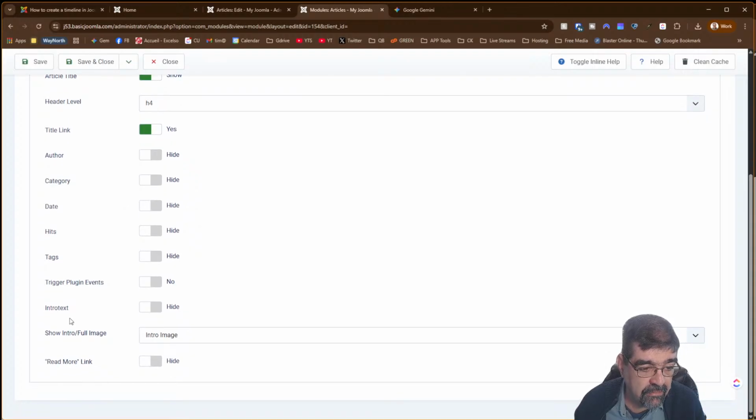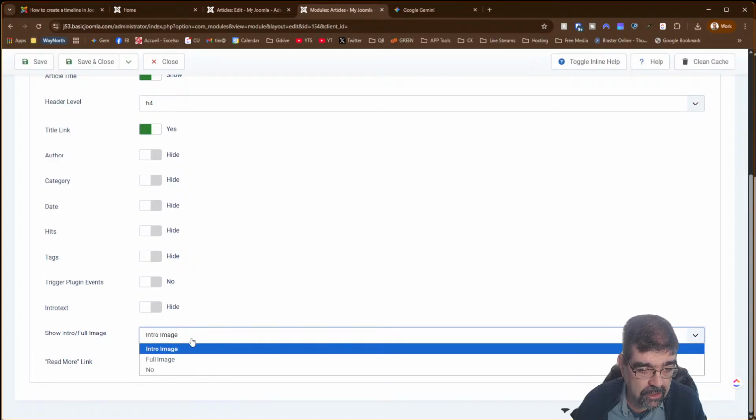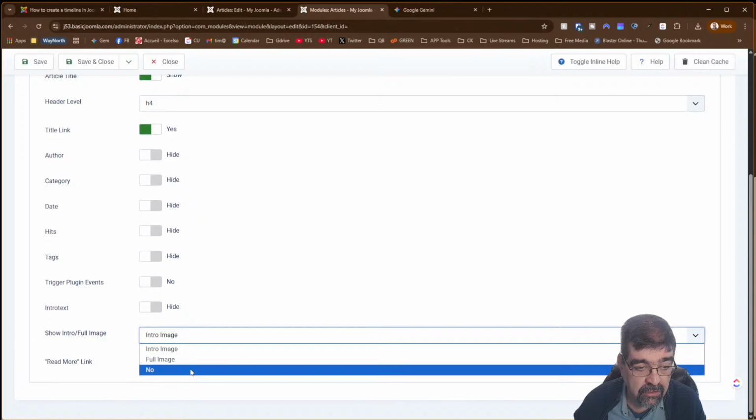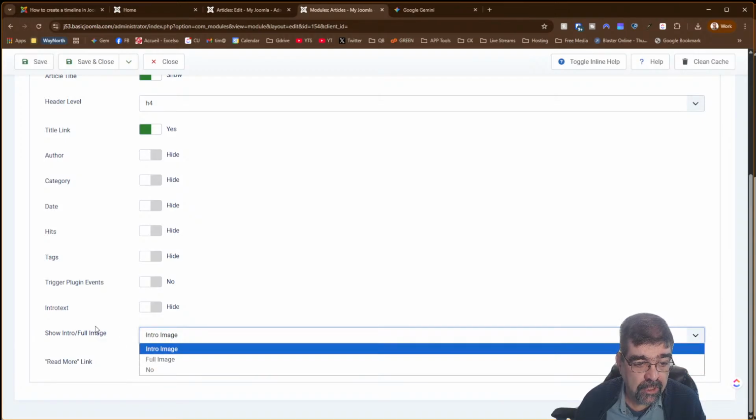Yeah, so down here we have this option, show intro full image. Show intro or the full image. You have to select which one. So it's either the intro or the full. You don't get any other option, or it's no. So because this is core Joomla, core Joomla doesn't have the option to just show the image as the first image in the article. Now, it is possible